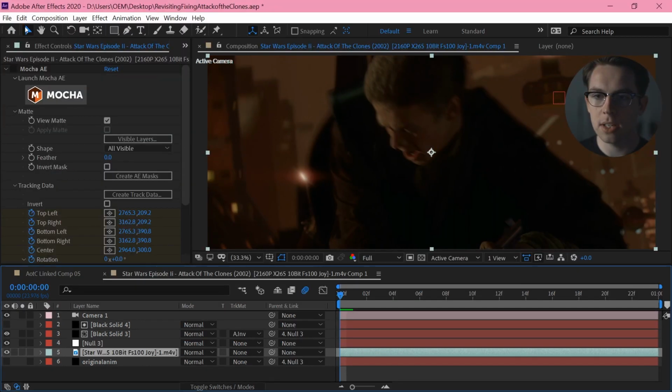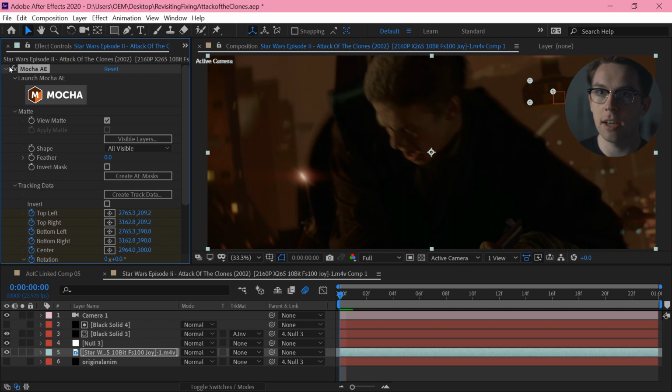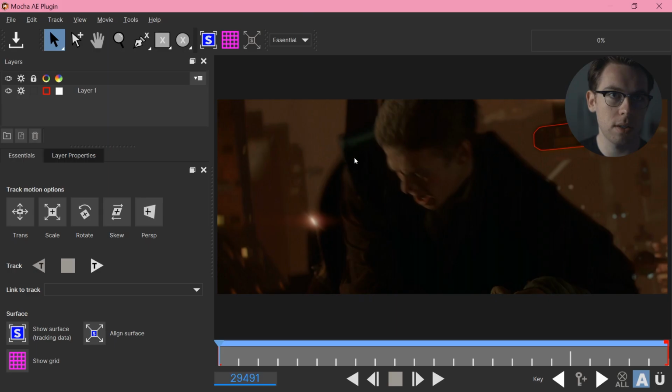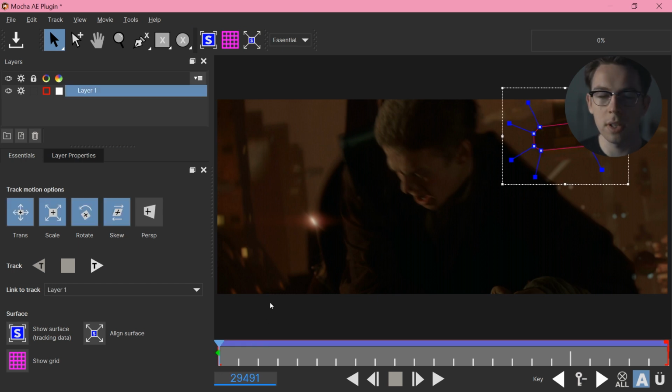So I'm starting by doing a 2D track on the footage here, and I'm doing that in Mocha, which is a planar tracker. So it's really good for tracking surfaces that have a lot of detail within them but don't warp, and it's basically a really good way of getting a 2D track that is going to be a lot more reliable than what you get out of the default After Effects camera tracker.